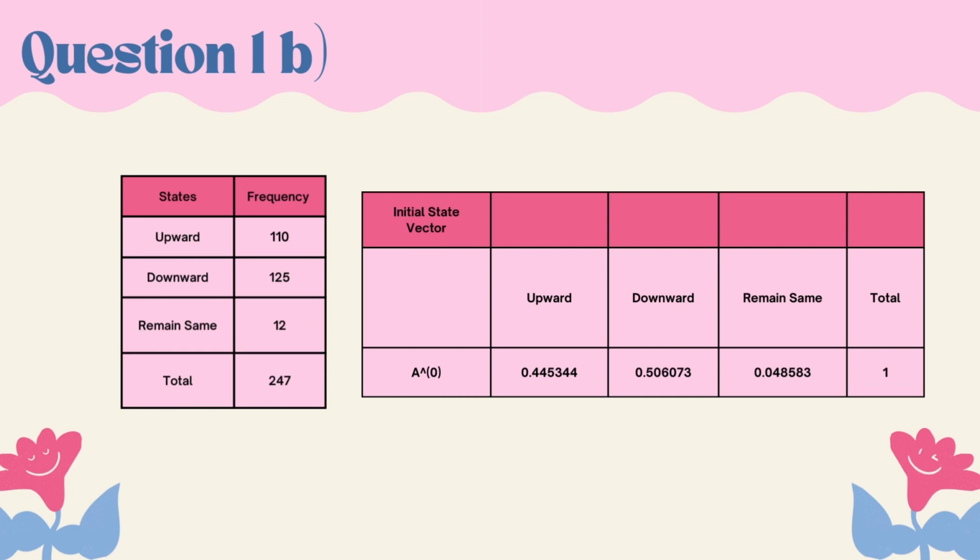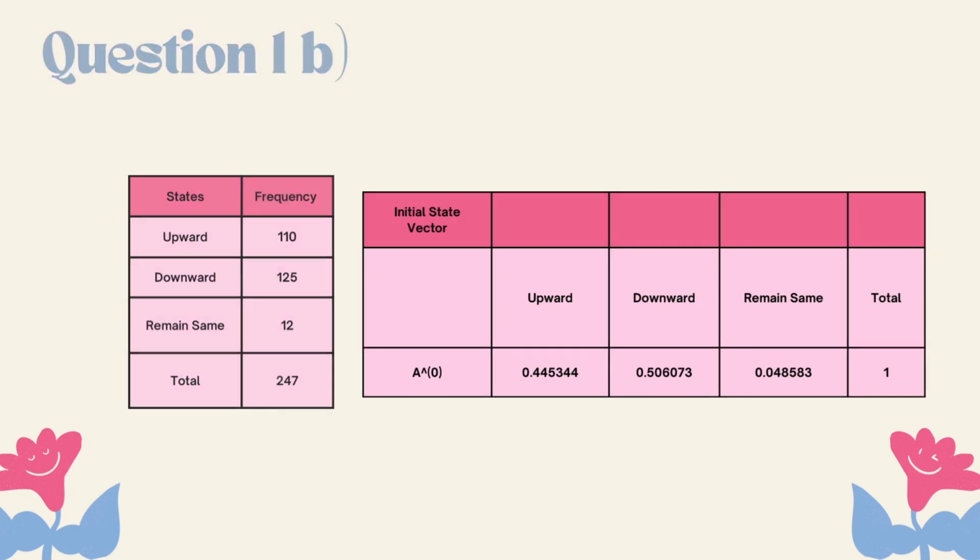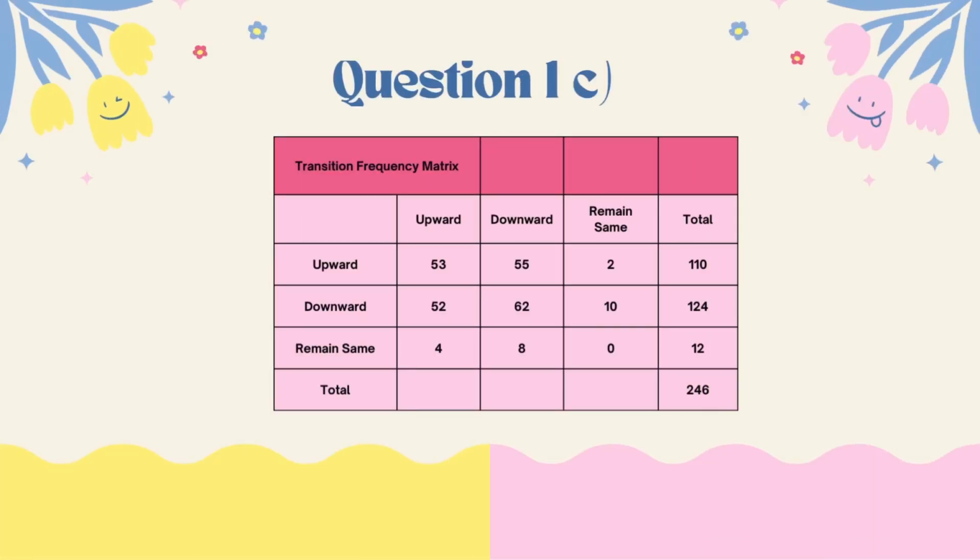The following table represents the frequencies of the states. The frequency of upward is 110, downward is 125, and remain same is 12. The total of the frequencies is 247. The required initial probability vector for upward is 0.445344, downward is 0.546073, and remain same is 0.048583. To answer question 1c, we know that the state space of our Markov chain model is S equal to